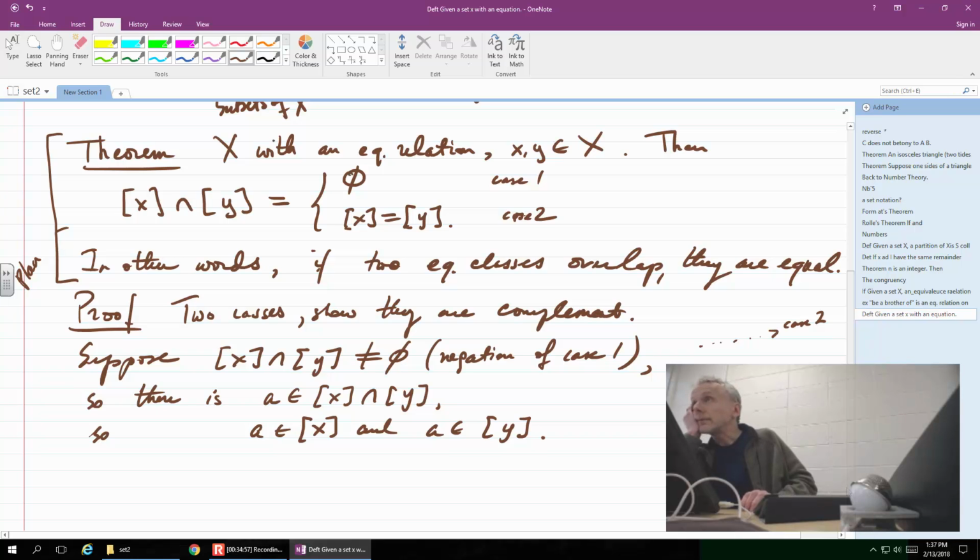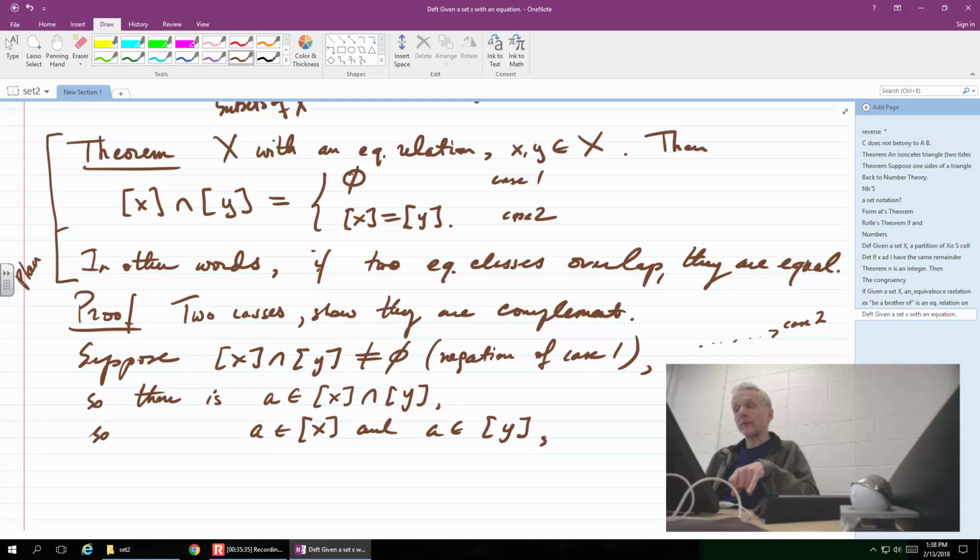Any concerns? I'm not sure how well this is going so far. There could be a value that doesn't belong to both, right? Well, we don't know. We make no assumption about that. We know that this is non-empty, which means there's an element there. Suppose let's call it A, and then it belongs to the intersection, which means it belongs to both of them. So this is so far nothing but set theory: what non-empty means, and what intersection means.